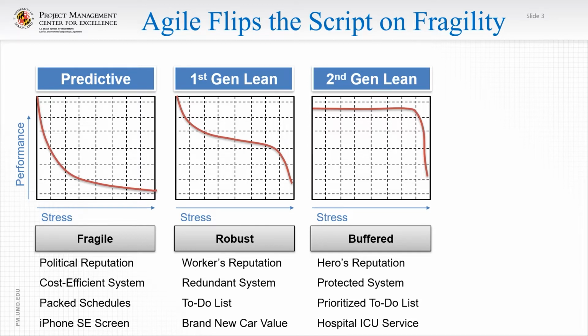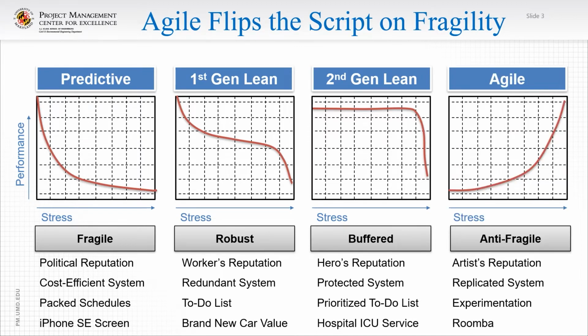Prioritized to-do lists actually perform really well like this. So if you put your most important things at the top of your list, even if you only get to those things, you're going to have a good day. And in terms of systems that we see in everyday life, this is actually very similar to how a hospital works. In a hospital ICU service, they prioritize which patients to take in first and to fast track. And as a result, they can serve everyone and meet their needs up until the point where their capacity is reached. And that's when service really drops off, which is why in the pandemic, we're trying to flatten the curve.